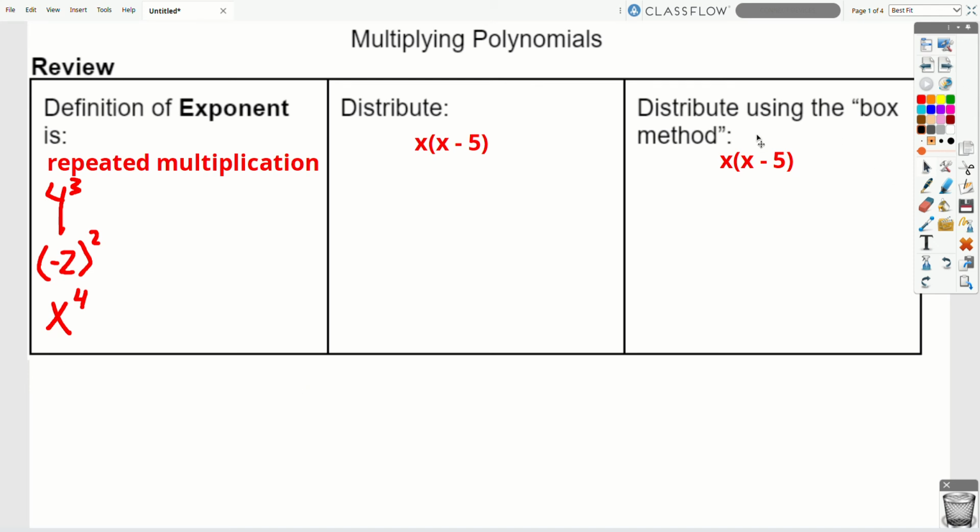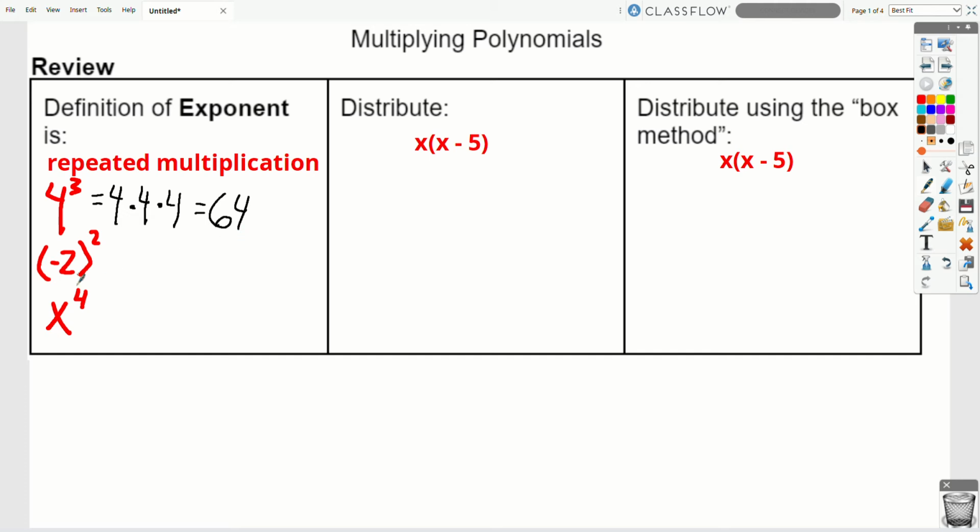In this video, we'll be continuing to multiply polynomials. Before we get into it, we have to review what exponents are. The definition of an exponent is that it represents repeated multiplication. For example, if we have this 3 as the exponent here, that means we take this 4 and multiply it by itself 3 times,